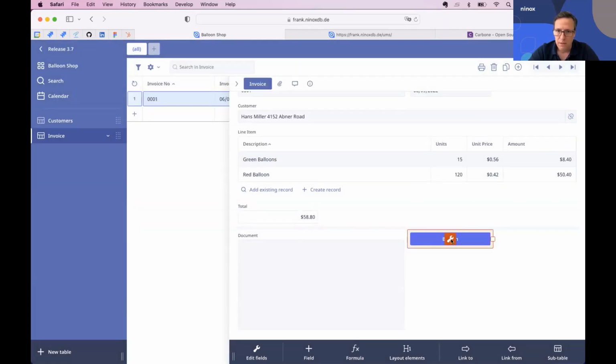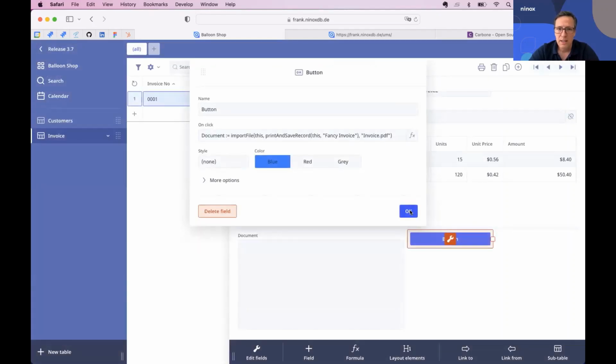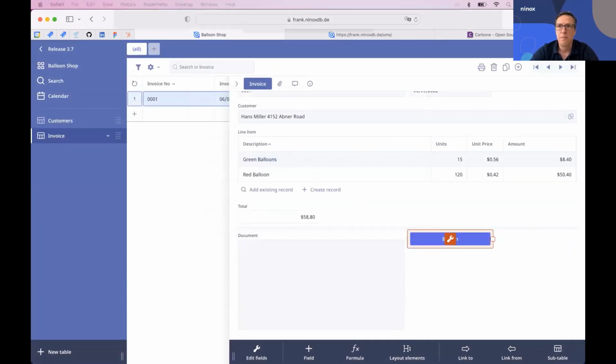And just coming back to the function. So print and save record, the new thing here is that it works with Carbon-based or Word-based print layouts, just as you are used to with other print layouts. Okay, so